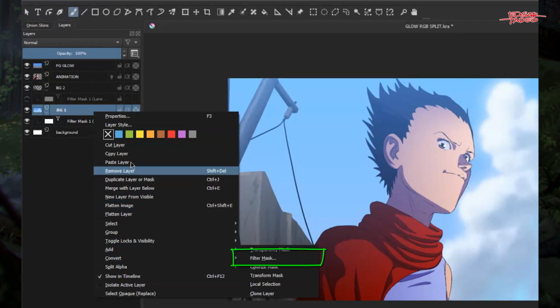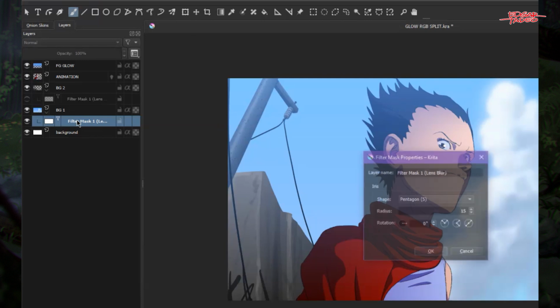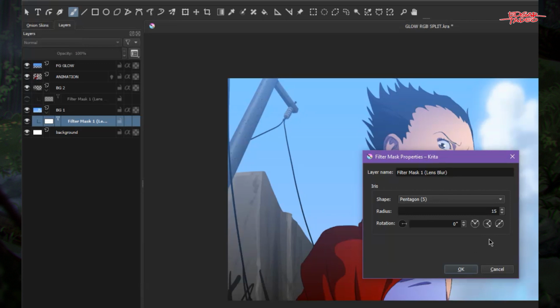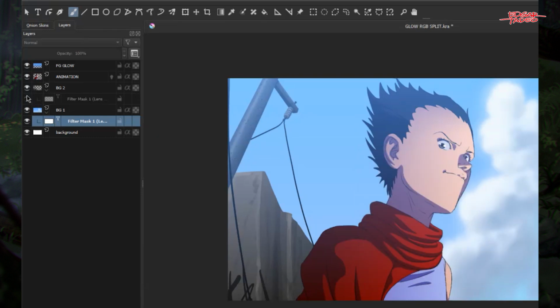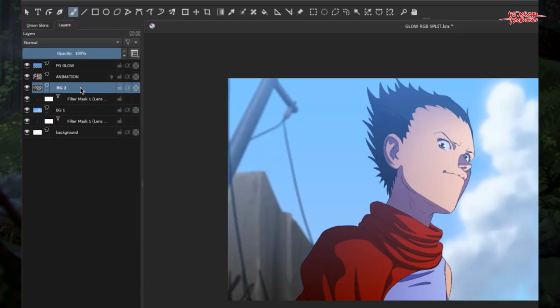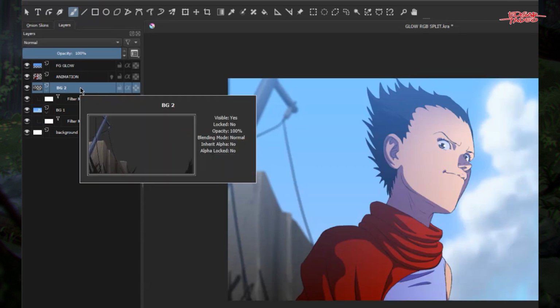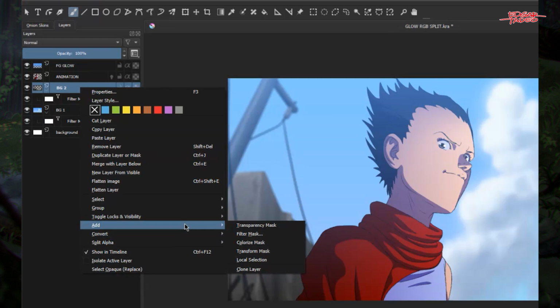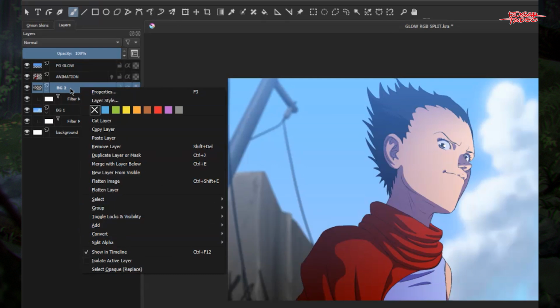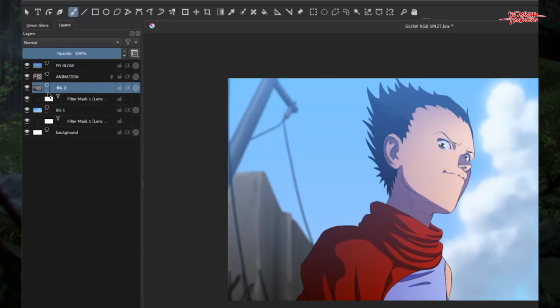When you have that, this window will pop up, and you set up the radius and all. It's the same on the midground, I did the same thing. Just right click the layer and then add filter mask. So that's what happened. After creating the filter mask,